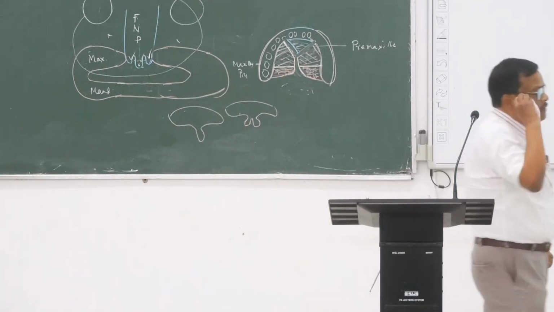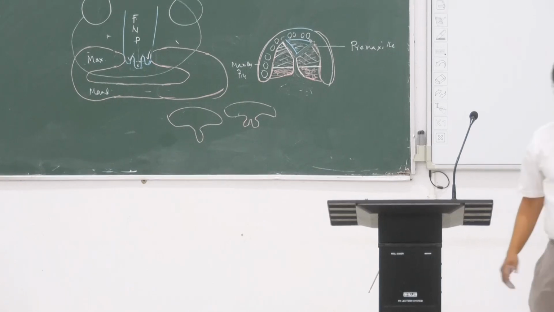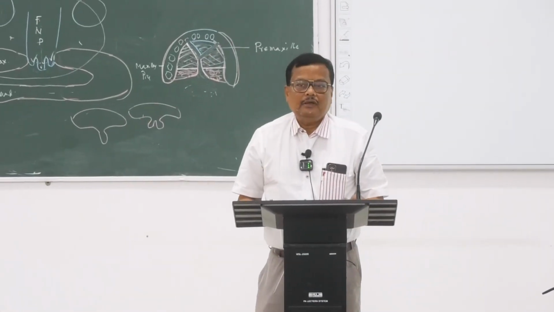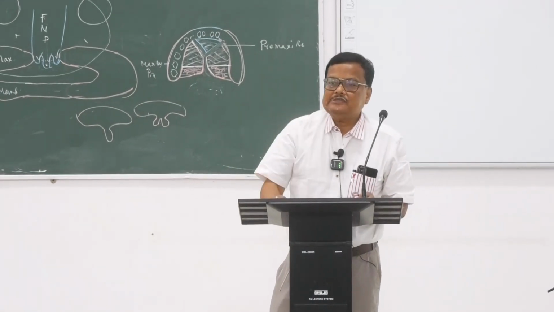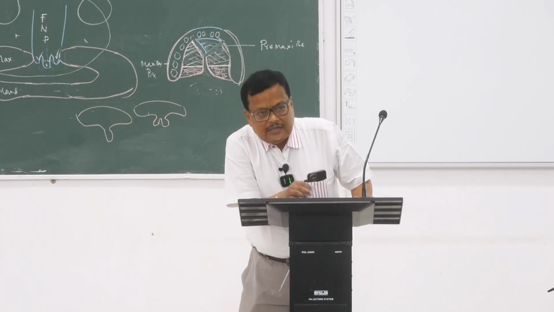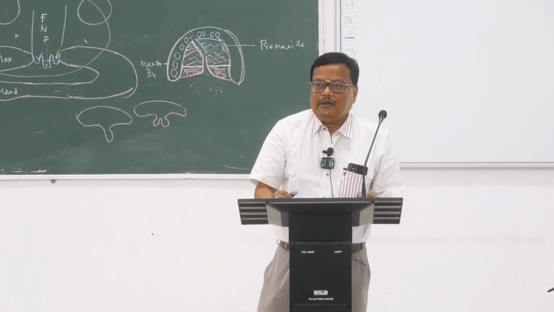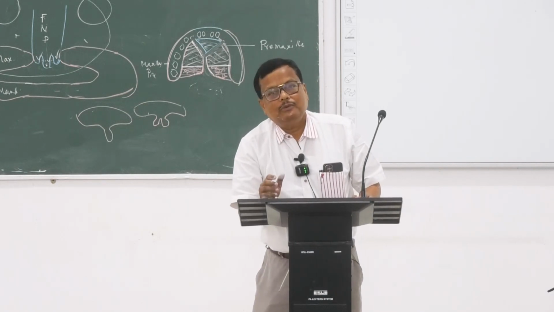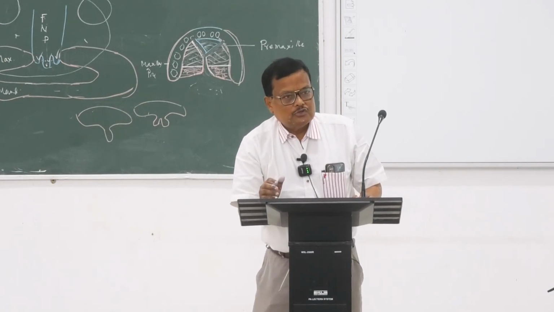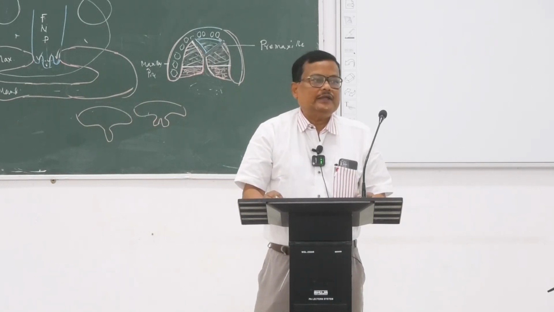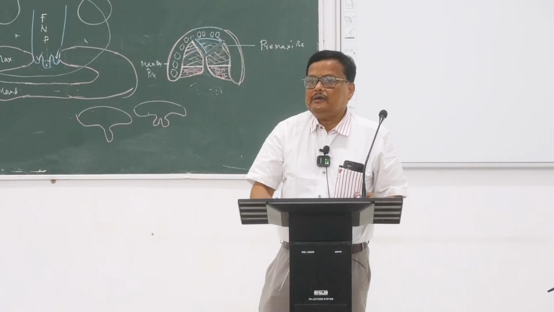Now, if there is a damage of the vagus or cranial accessory nerve, what happens? The palatal muscle, except tensor veli palatini, will be paralyzed. As a result, levator veli palatini, palatopharyngeus, palatoglossus, all muscles will be paralyzed. So, palate will not move. What is the danger? What is the main function of the palate?